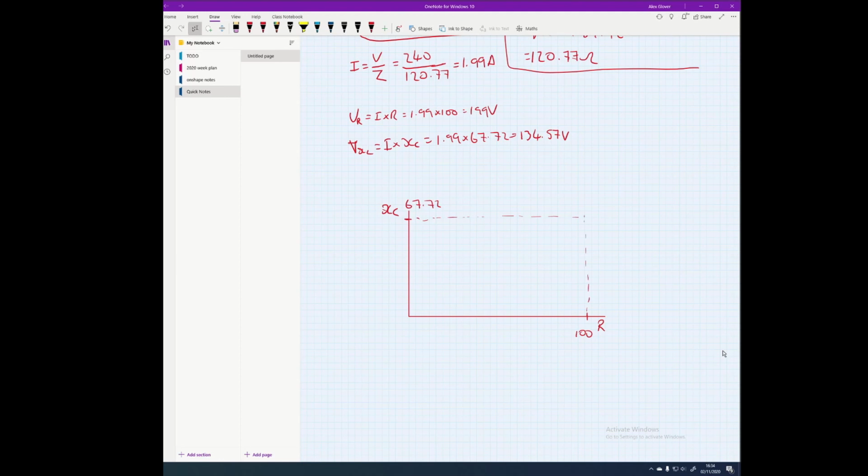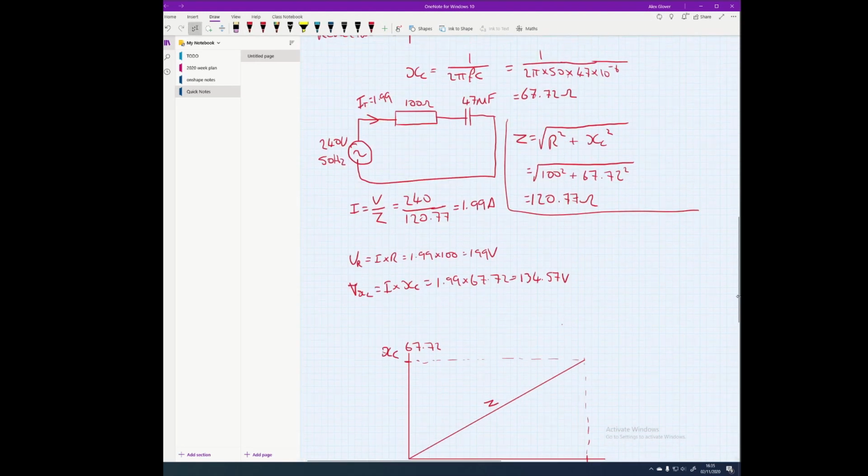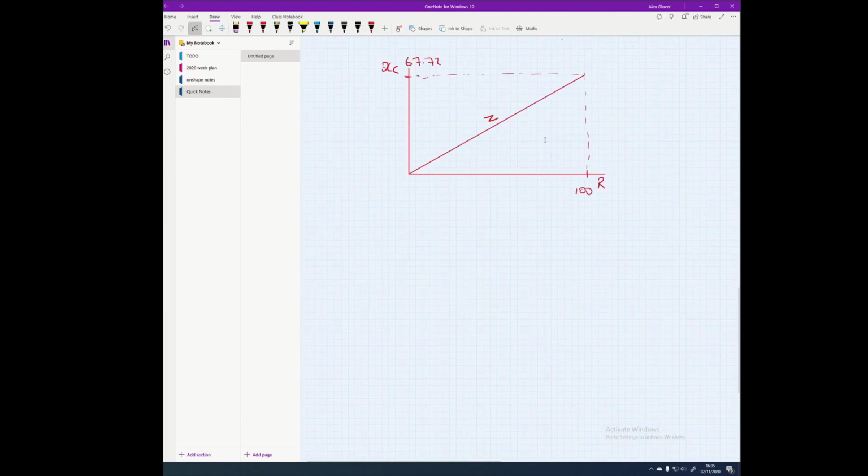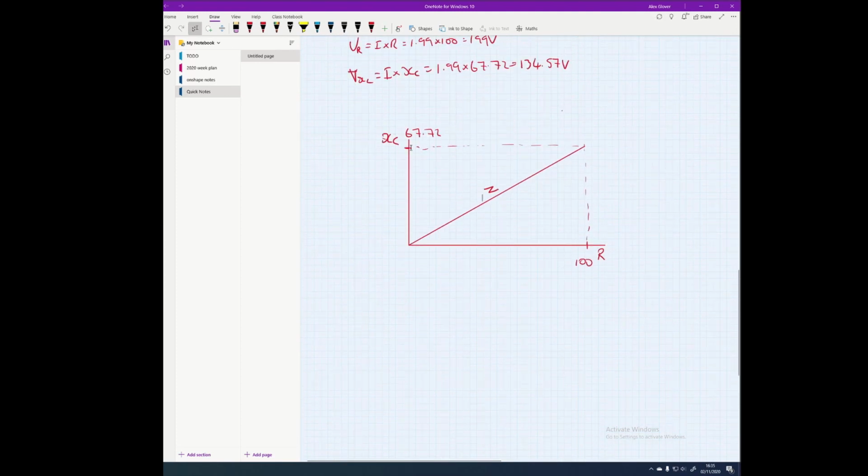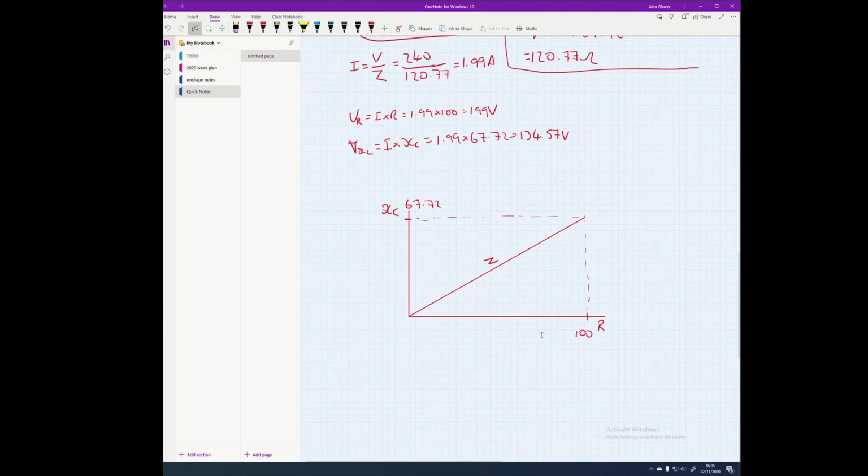Now if we were to draw a line between these, draw a line up to there, then the length of this line would be Z. And obviously this is where we got Pythagoras from. This is how we calculate it. We've got our real part here, our resistance, and our reactive part here at the side. And then we've got this angle, which we call the phase angle. We could work that out just from our Pythagoras. This angle is equal to the inverse tangent of the opposite, which in this case is XC, over R, our adjacent. So we can calculate this while we're here, and that comes to an angle of